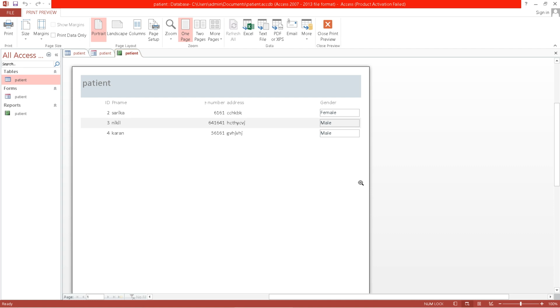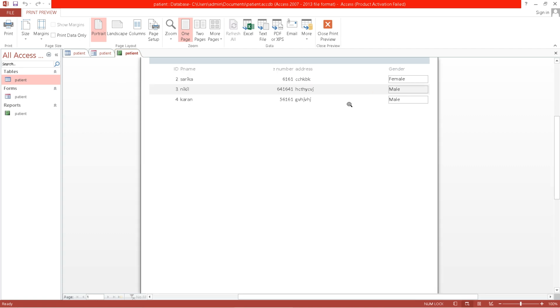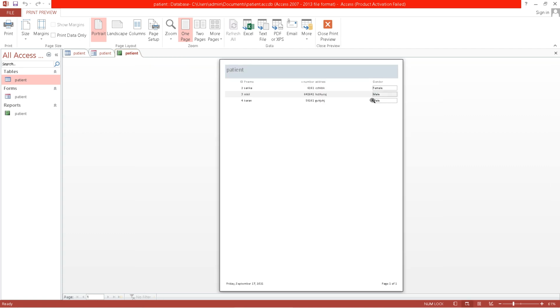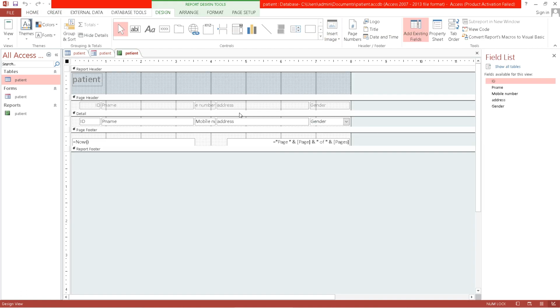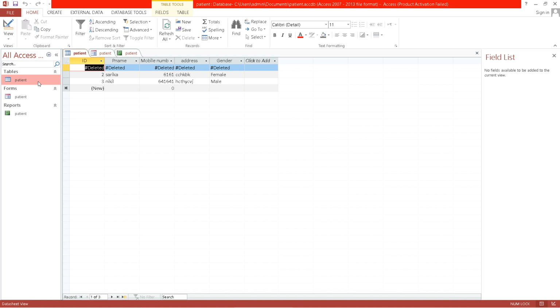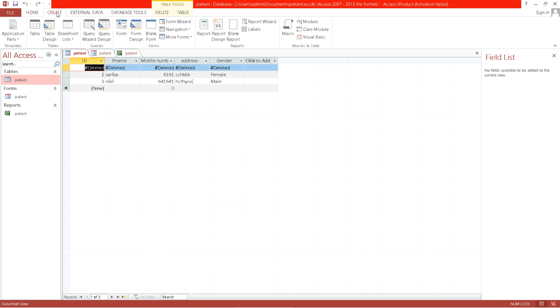Okay, what happens while creating a report and a form? The only difference is that in a report you cannot change anything. Okay, you can only view it, you cannot modify or search or do whatever things we are doing in forms. When you want to just view it, you will create a report. Okay, the last thing I want to explain to you is that you can also create different tables.